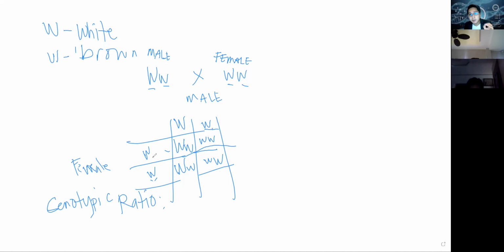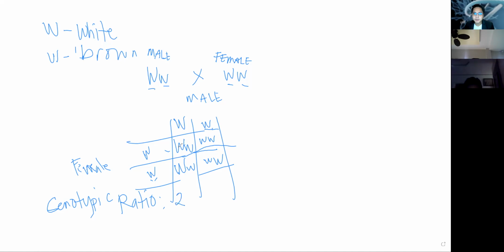When you say heterozygous, it means two different alleles. When you say homozygous, it carries only one kind of gene. But homozygous is not actually applicable if you're dealing with a recessive allele, right? For this cross, we can have